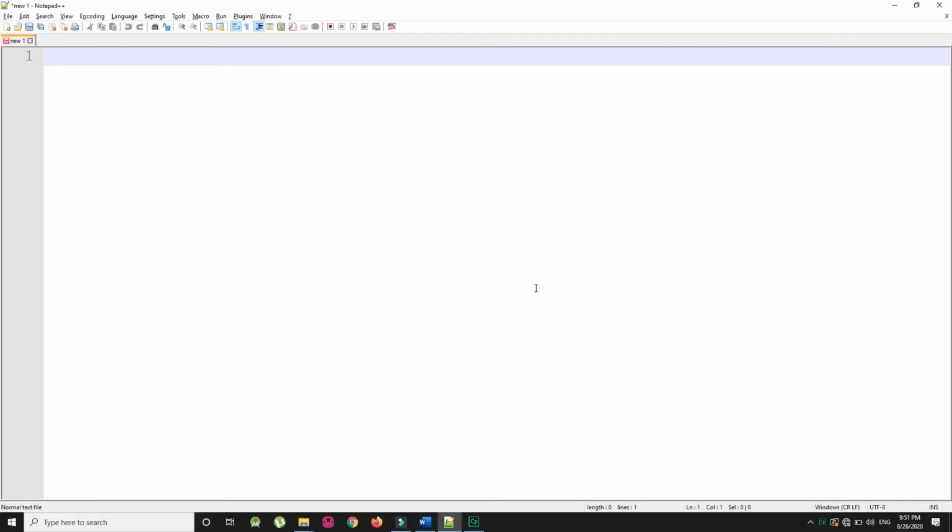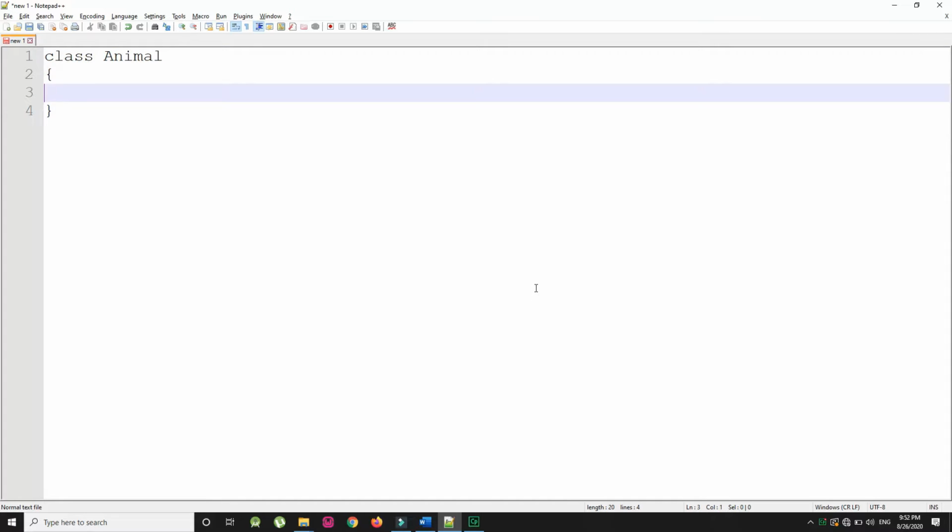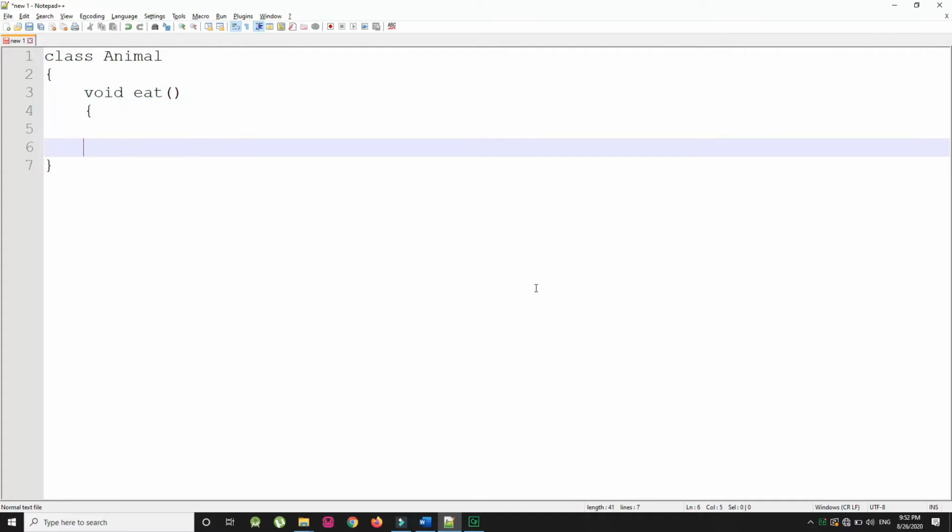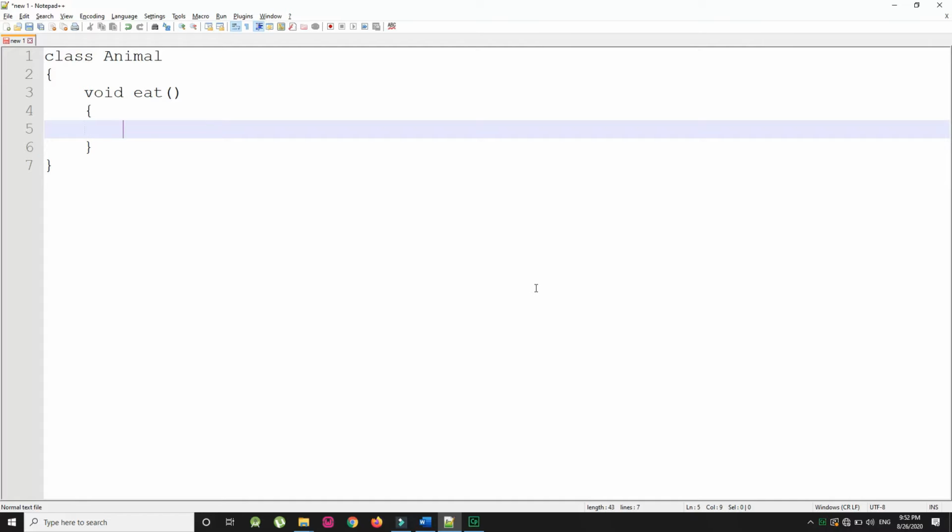So students, we have Notepad++ here, and I have created a class, that is class animal, and in that class I am going to create a method, that is void eat. So in this method I am going to write system.out.println and in brackets "eat method".